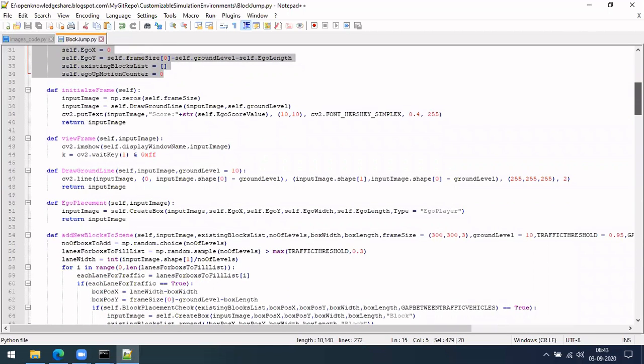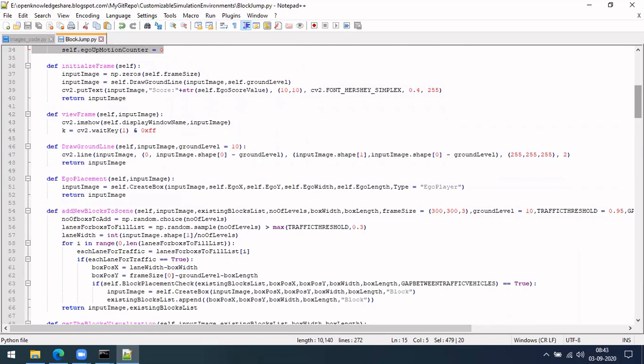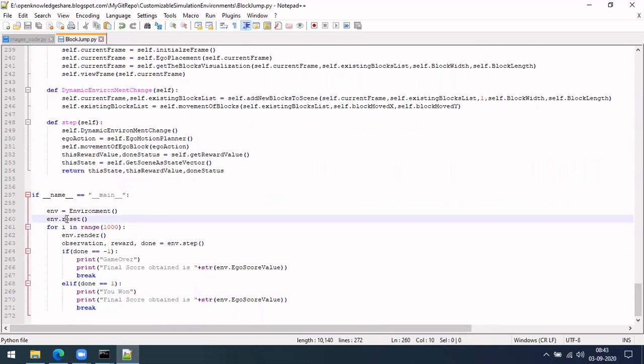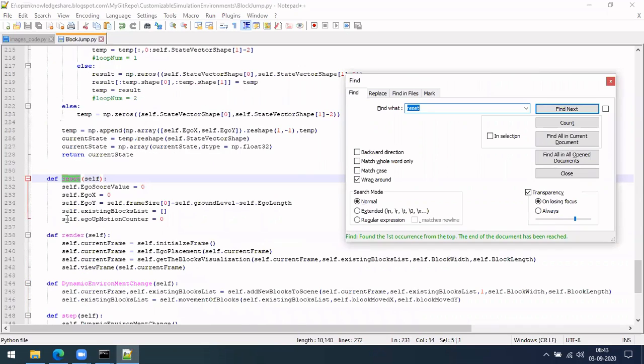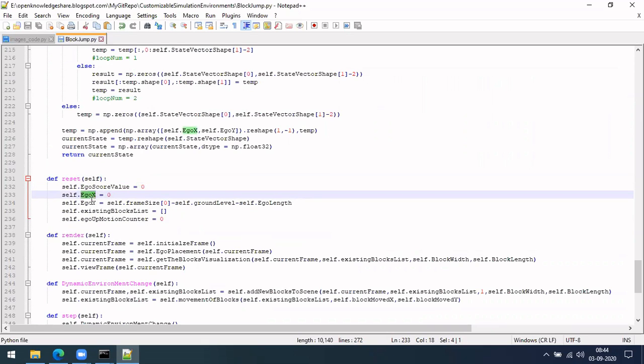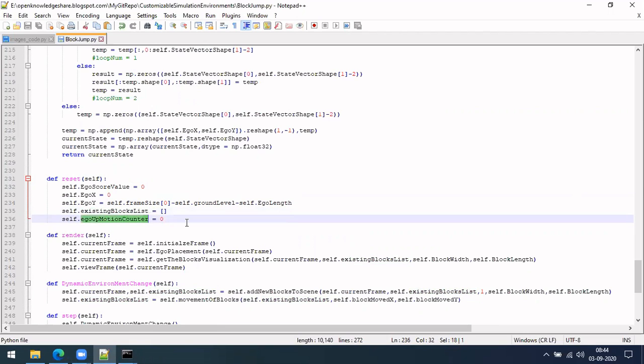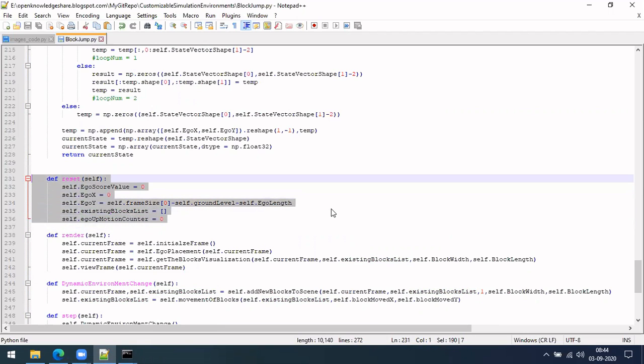So let me put a few more things. Okay, go forward, and you can see one more thing here: next I'm calling reset. So let's see what this reset function is. Reset actually does nothing but the score is initialized to 0, and ego x and y are the position of your blue block, and similarly the existing blocks list I kept for those red blocks that are coming, right? So that information will be saved here. So it is just clearing up the screen, completely resetting before the game starts.